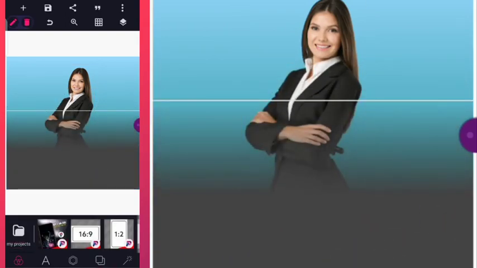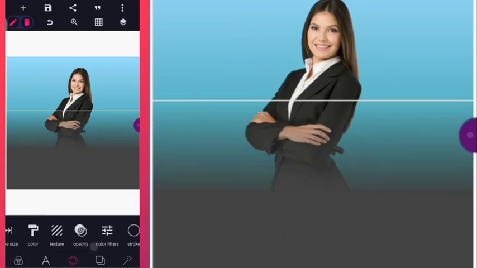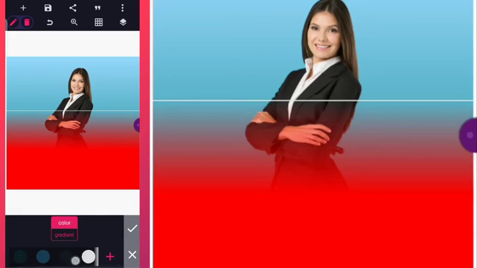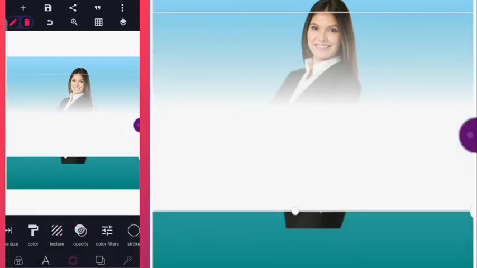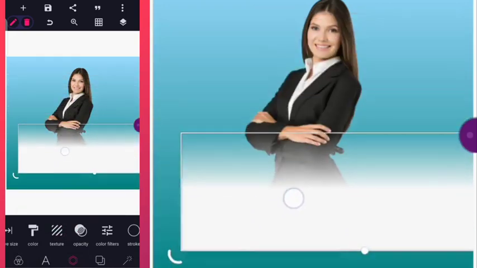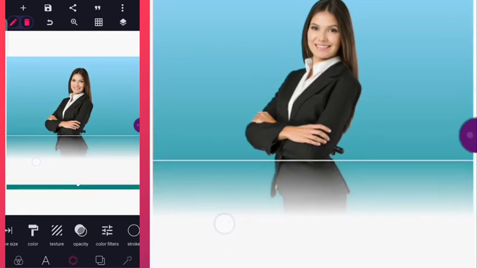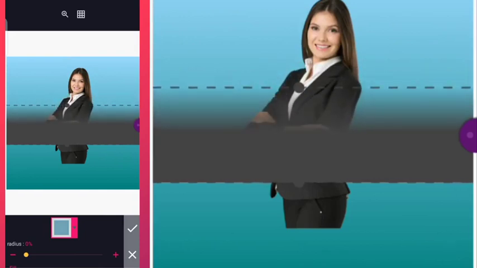So let me change the color to white. Then I will reduce the opacity for this. Let's come here and edit this. But practically this is everything I'm saying. It will be very, very bad and unprofessional